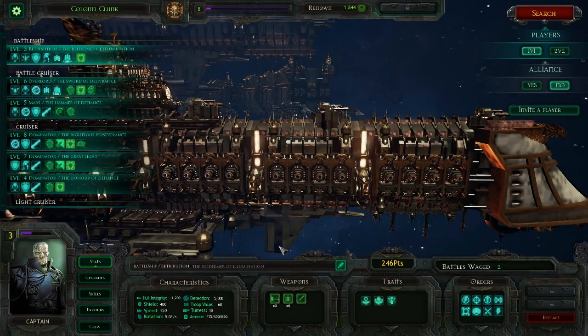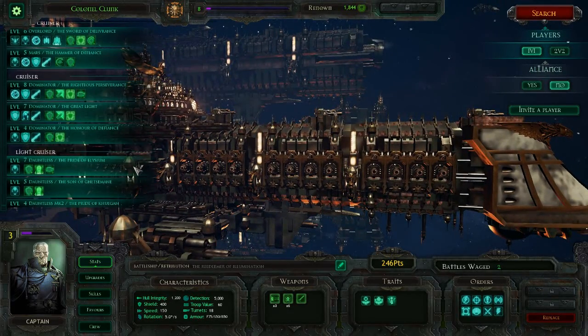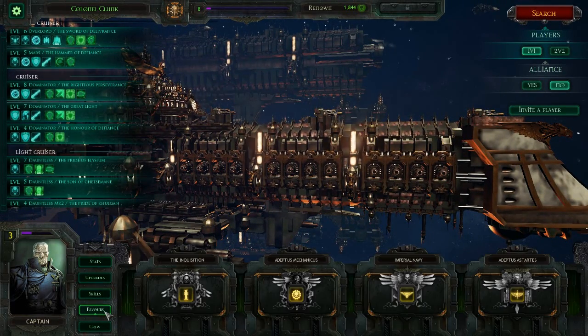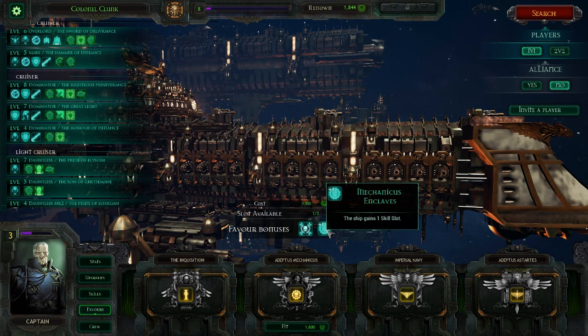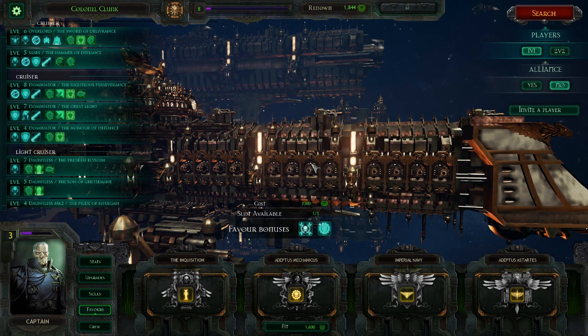Now, one of the reasons that I haven't gotten any favors yet is because it costs a lot more points to get a favor on a battleship. You'll see that it costs 16,000 here. We are going to get AdMech. I might get it later, though, because you need more renown than this, just because this bonus is you get an extra upgrade and an extra skill. You have to pay for those upgrades, so I don't have enough renown for actually upgrading this, but the